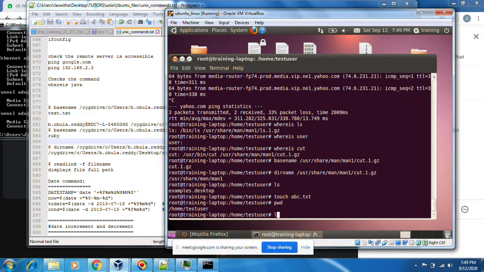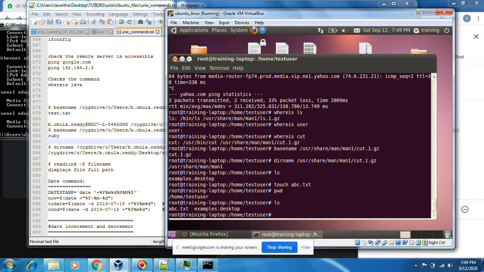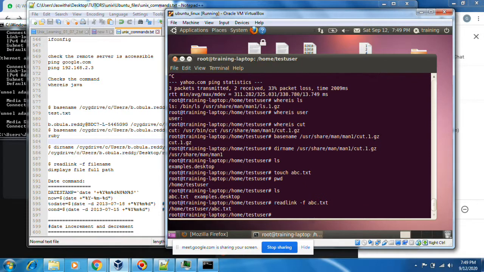Under home test user, abc.txt is there. I want to see the full path of this abc.txt: readlink -f. You will get the full path, the pwd plus abc.